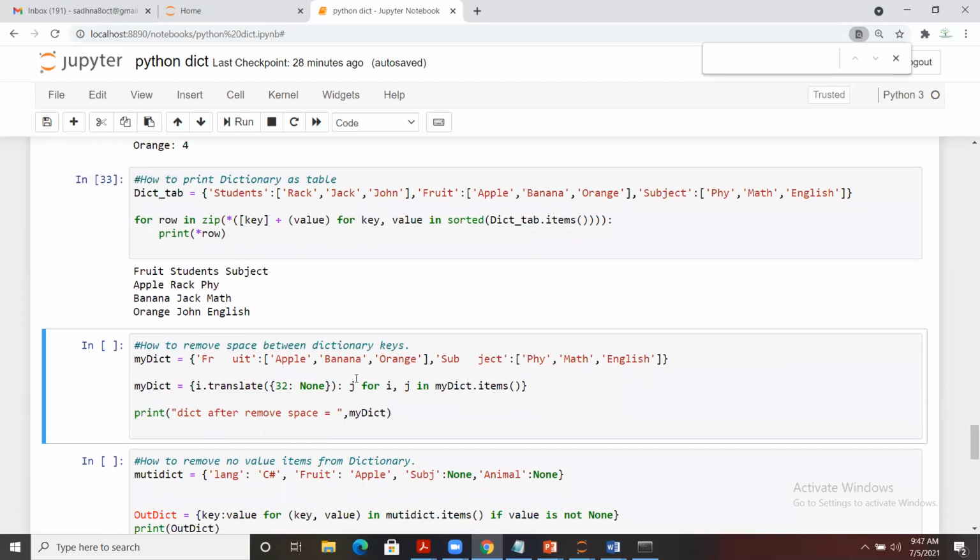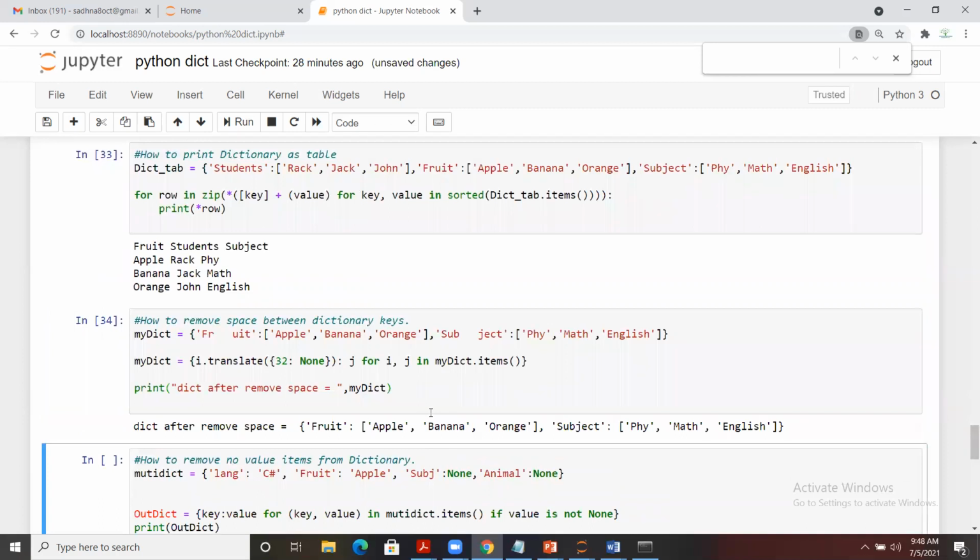In case we want to remove a space between dictionary keys, sometimes it happens that we have some space between the keys that we have put. So here I have created keys, foods, and subject, and I have put some extra space. So we can use that part. Once you run it, you see that it has removed all the extra space from that dictionary, right?